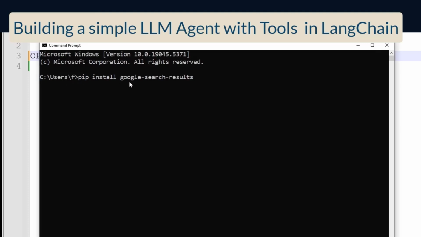Then we will install this package, Google Search Results. Why are we installing this package? Because in today's tutorial, we are going to search the web. We will create an agent. That agent will search the web and will give us the answer. So we will use the SERP API. To use that SERP API, we need to install this package, and later I will show you we need the API key of SERP also. I'll show you how to do that. But for now, install this package.